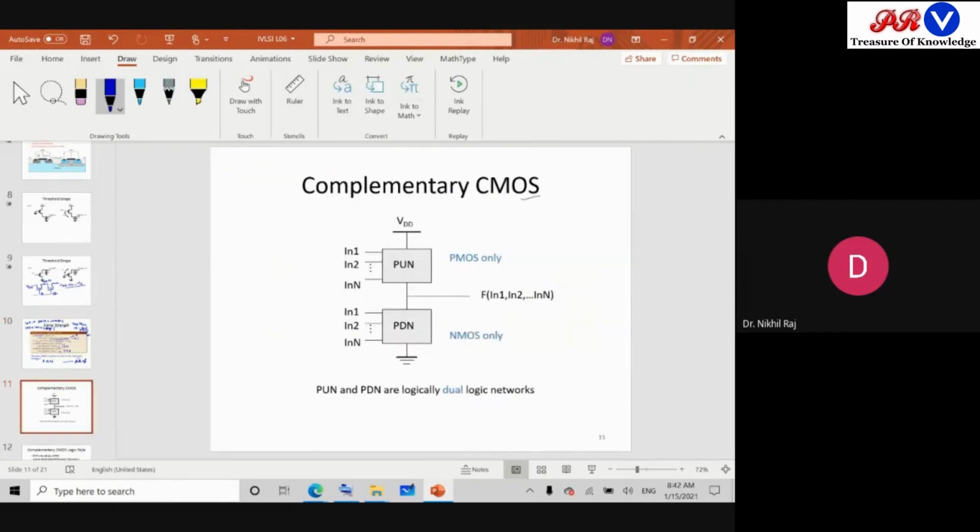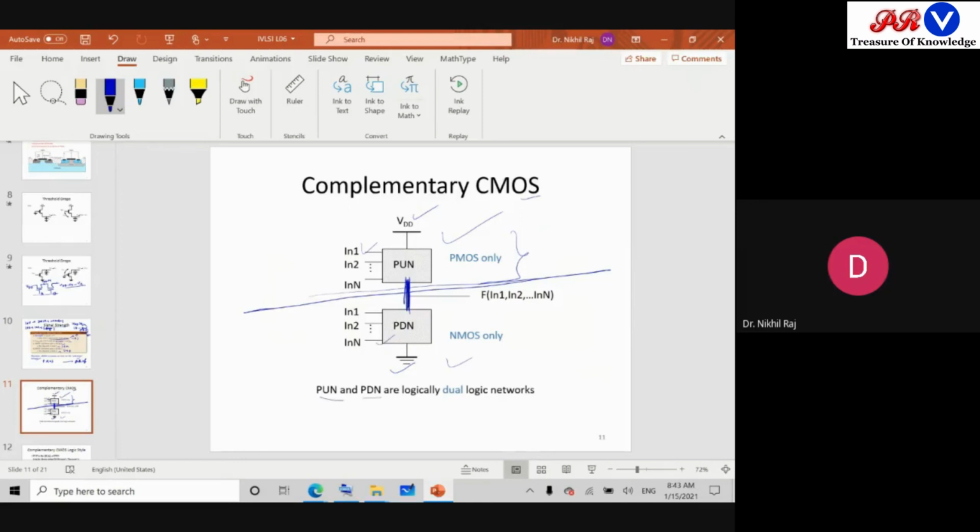Okay, so this is your CMOS architecture, where if any logic function has to be implemented, I will classify it into two parts: the pull-up network and the pull-down network. When we do analysis, it is our tendency to give supply to the upper part and ground to the lower part. So the lower part is provided with ground, and the upper part is provided with VDD. Since it is a CMOS, definitely a path will be there from the NMOS to the PMOS. This is that path through a wire. The pull-up network will consist of a number of PMOS connections, and the pull-down network will consist of a number of NMOS transistors.